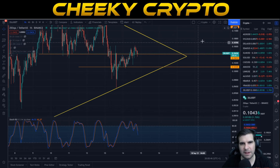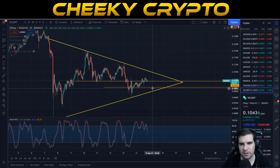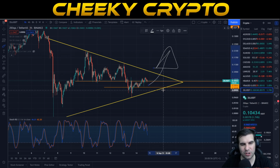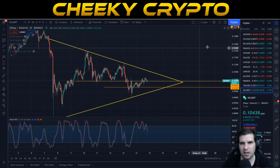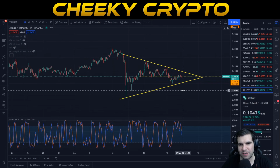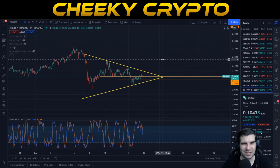Overall, I am seeing some pretty important moves happening here in the short term for Zilliqa. One way or another, we'll know by the 17th whether or not the downward trend is going to continue, or whether or not we're actually going to invalidate that and push up significantly to the upside. There is a lot of work though to be done with Zilliqa. I'm not talking about moving to the moon straight away. In fact, we are probably going to have a couple of months or so before we actually get up to